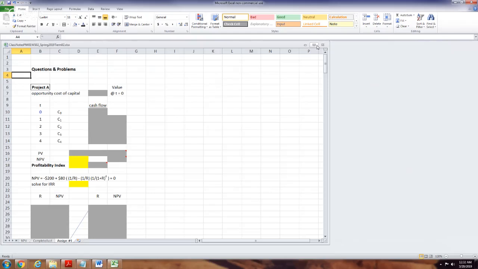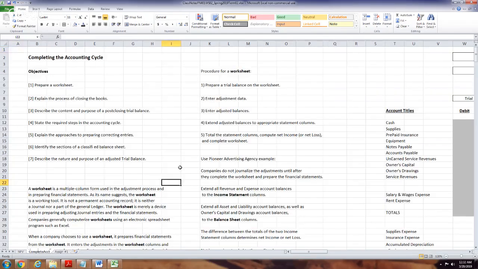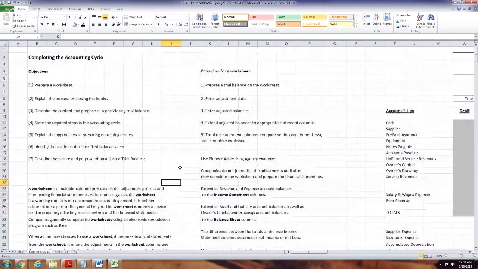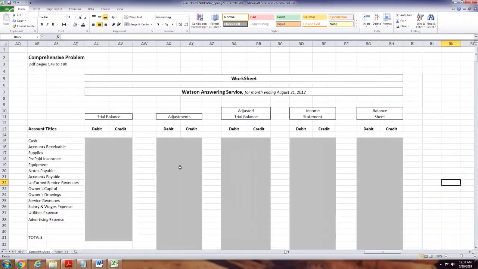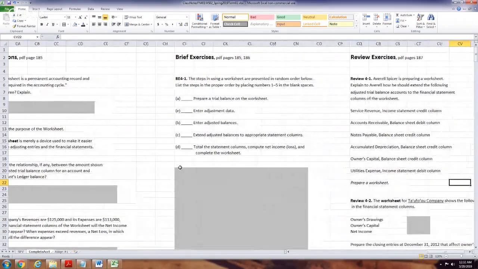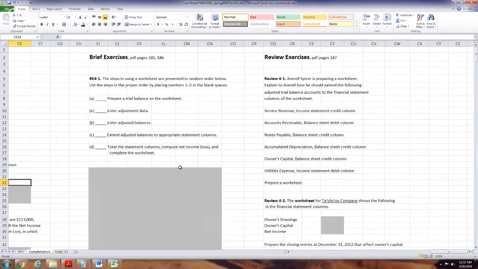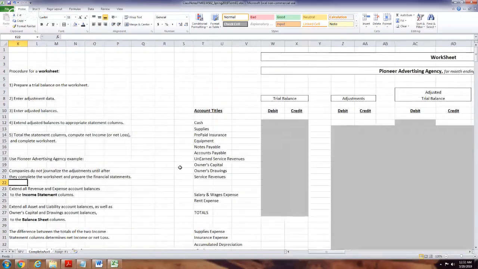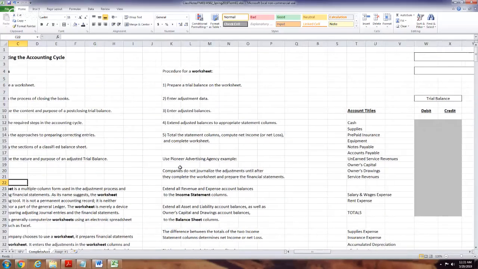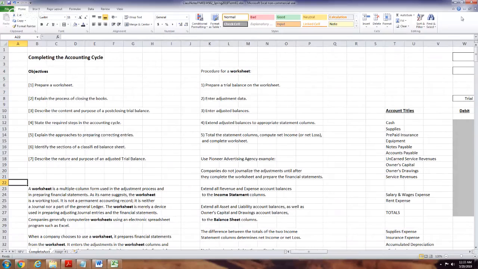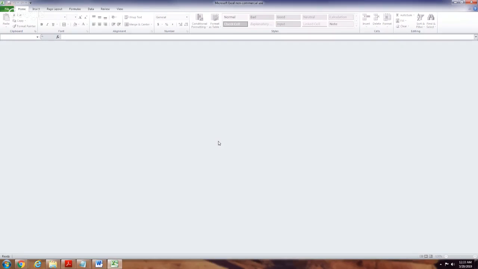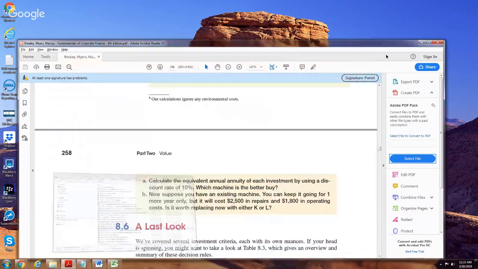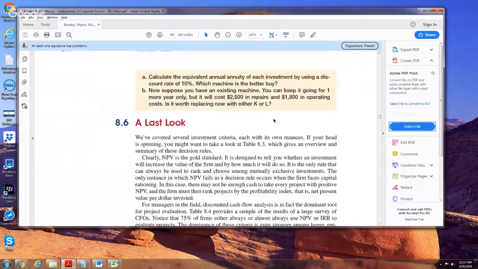Okay. So this is, again, there's your homework template. And again, for the accounting part of the online course, I'll be filling this in, probably over the weekend. Here's the worksheet and the comprehensive problem. There's some self-test questions, and a lot of stuff here that we'll be talking about. And like I said, we love YouTube, because it allows us to really get your questions answered in a lot of detail. Even my day guys are saying they really like the YouTube videos. But again, there's tabs at the bottom, so be aware you're clicking on the right tab for the right thing that you're working on.